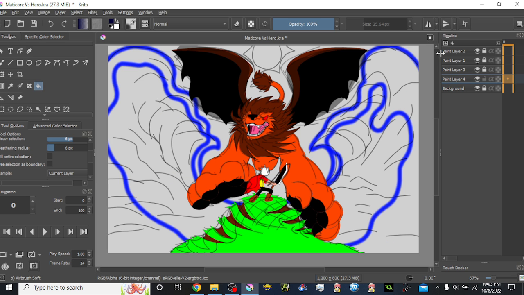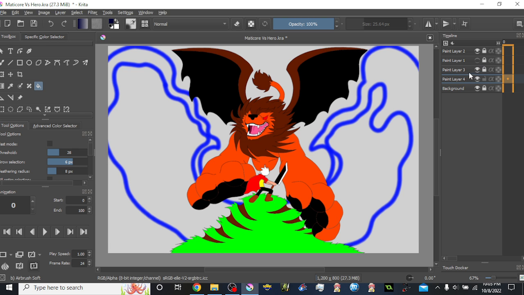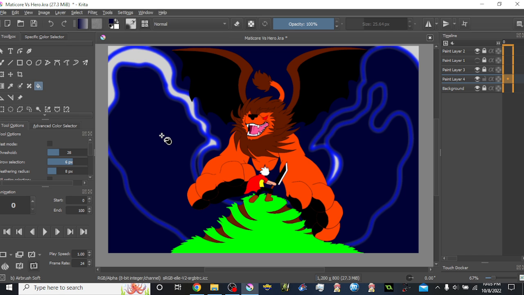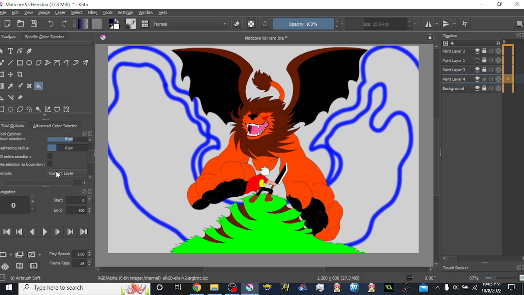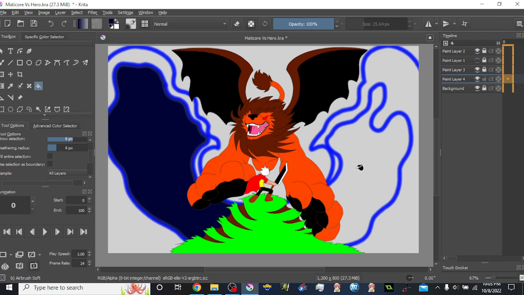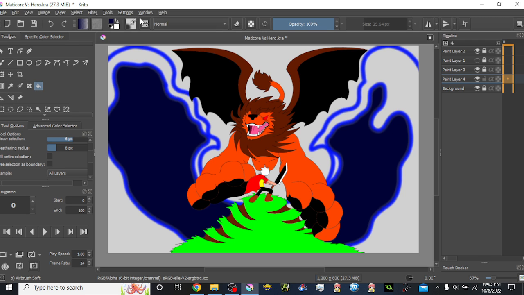Yeah, that's good enough. Okay. So what you want to do is make sure that it's at the proper radius. Otherwise, when you start filling it, it will not be able to properly account for everything. So I'm going to turn off the sketch layer and get right on this. And what you want to do in this case is select all layers. And from there, it will go forth and it should easily work as long as